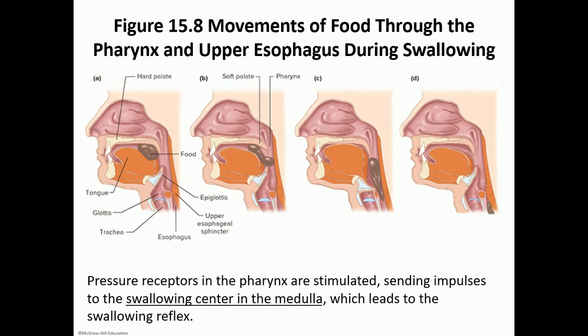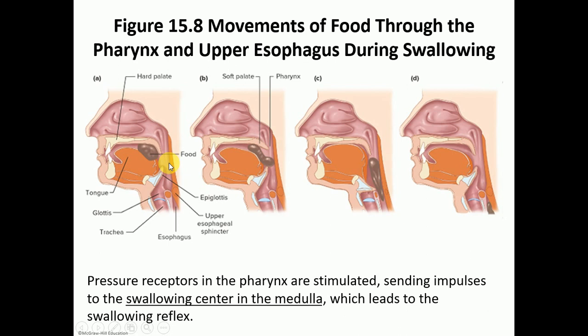So what is the mechanism of swallowing? That swallowing center is found in the medulla oblongata, and it is all initiated when that bolus of food is pushed by the tongue all the way towards the back of the oral cavity, into the oropharynx. That is when that reflex is stimulated. If you look at this part here,